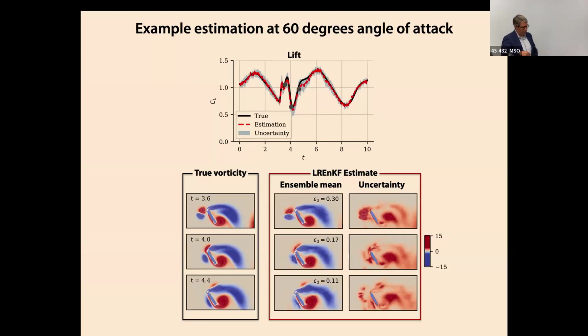And this is another example at 60 degrees where the flow field without a gust is now periodic. So if there was no gust, it would just be this periodic trajectory going back and forth, up and down, okay? And then the gust hits at some point in the phase of that cycle, and that's the passage of the gust there you can see. So again, the lift is predicted very well. There's a little bit more uncertainty in this case.